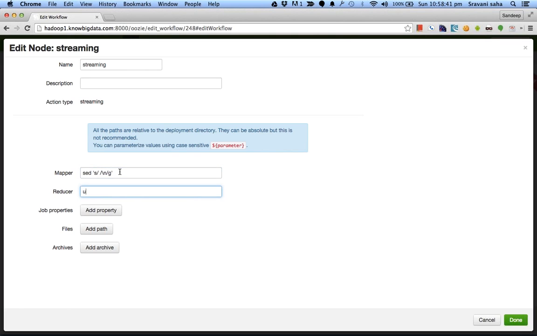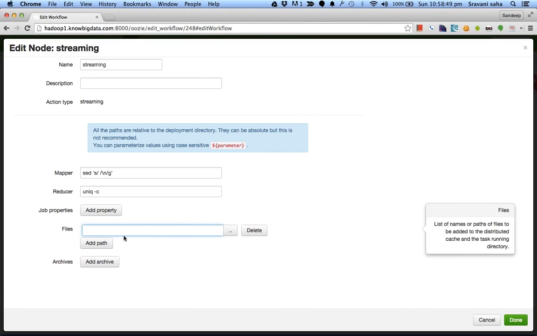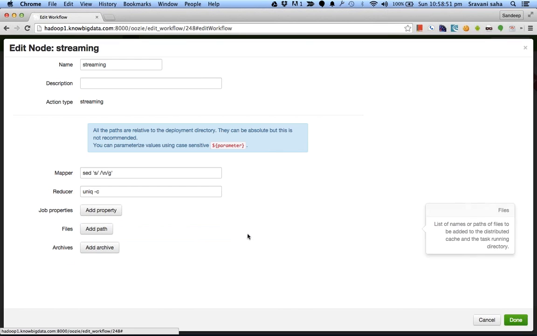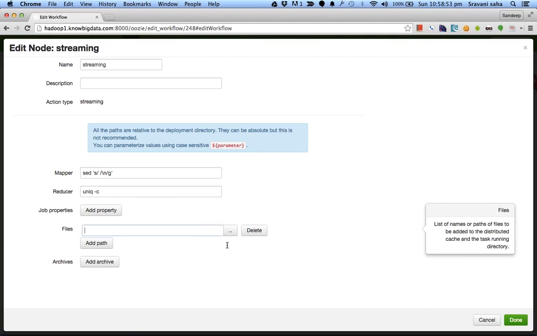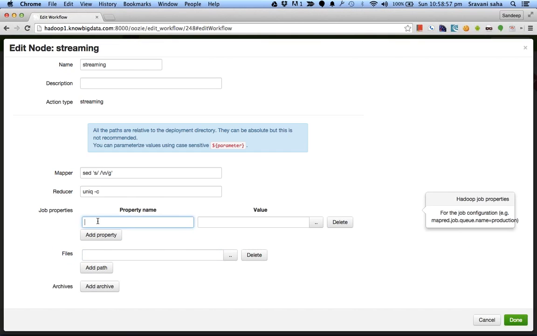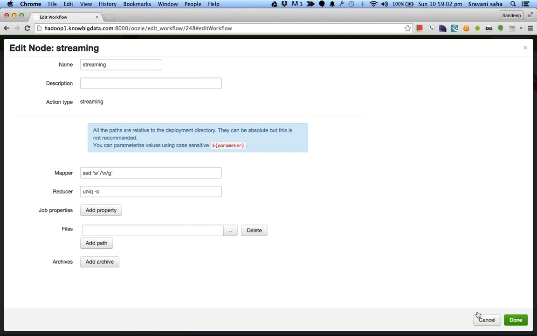That's our mapper, and reducer might be uniq minus c, and we can say the files which we want to operate upon, we can tell that, as well as the input files, and the properties will contain the input directory and all, and then we can save it.